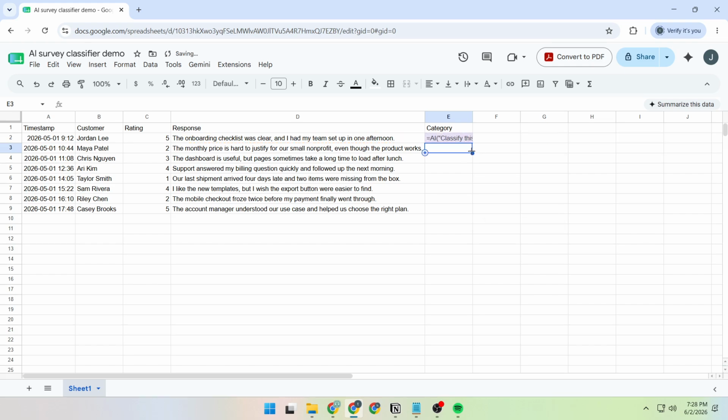that it now says Generating. That message means Gemini has received the prompt and is processing it in the background. Wait a few moments for the output to appear in cell E2. When you see the first category label show up, you know the AI formula is working properly, and we can